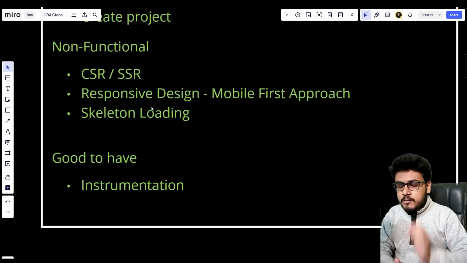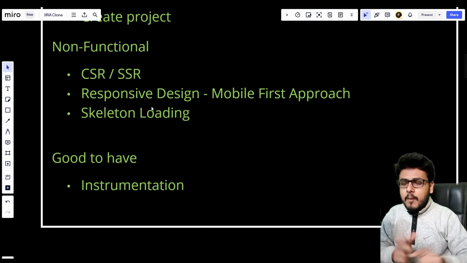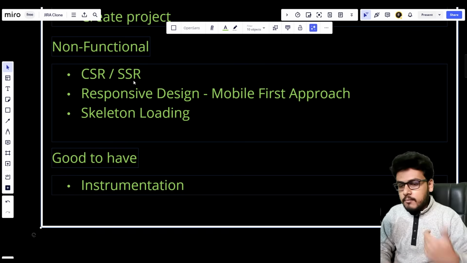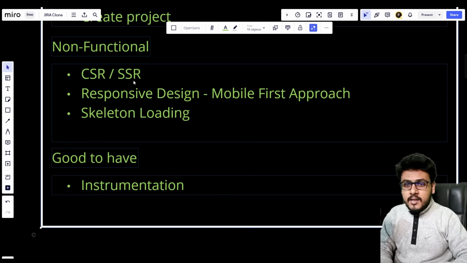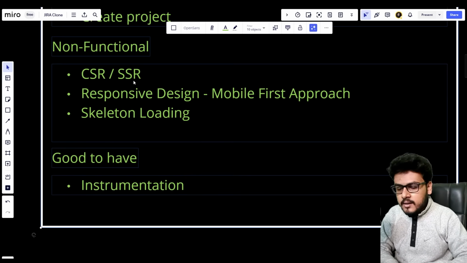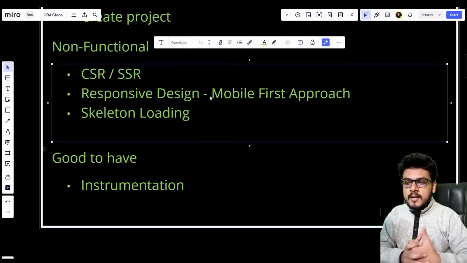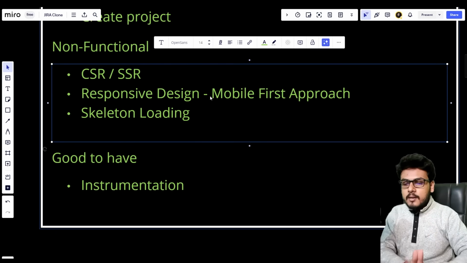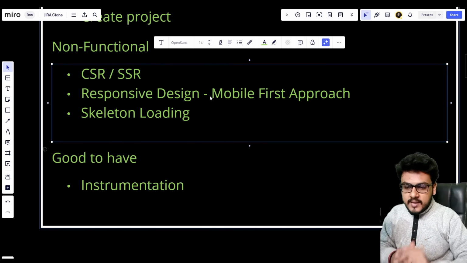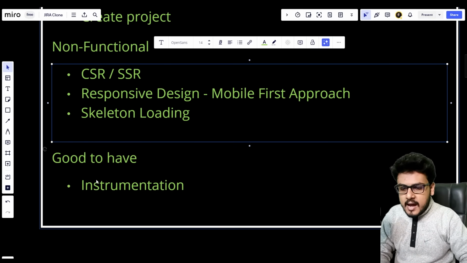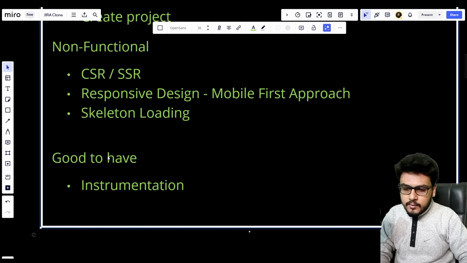What non-functional requirements basically deal with is optimizations, and linguistic features like internationalization and other stuff. So for non-functional requirements, he said, Vedant, you have to decide whether to use client-side rendering or server-side rendering, and please make sure that it is a mobile first approach, so that we can support mobile devices as well as big laptop screens. Then please have skeleton loadings. I don't want any blocking UI to happen. And he also said that it would be good to have